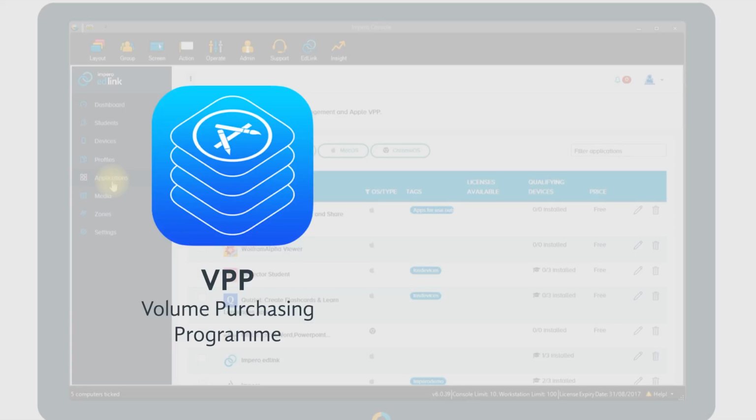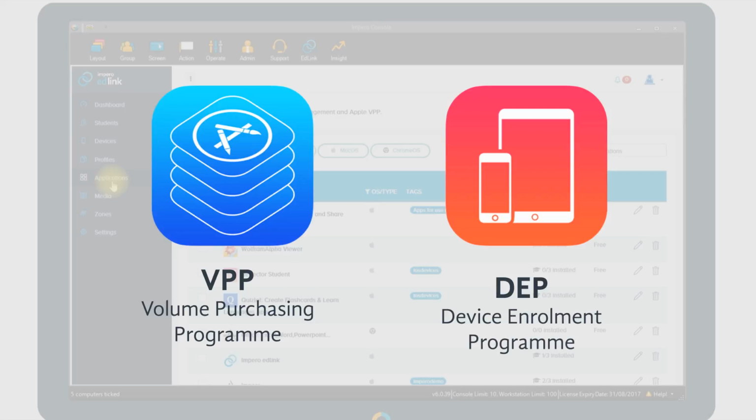Impero Education Pro has full integration with both Apple VPP and Apple's Device Enrollment Program, or DEP, to streamline deployment of your devices. DEP allows you to bypass the normal onboarding process for new devices. Rather than manually accessing your iTunes or adding your iCloud account, devices which are a part of DEP auto-enroll into the MDM when you turn them on for the first time, pulling down the baseline profile and adding the Wi-Fi credentials to the device. This makes the unboxing process far simpler and reduces the admin burden on managing a large